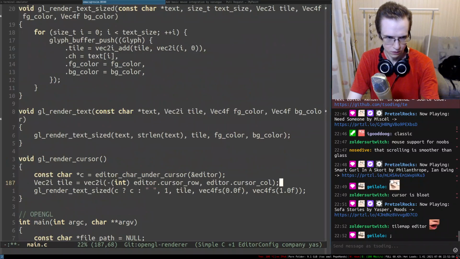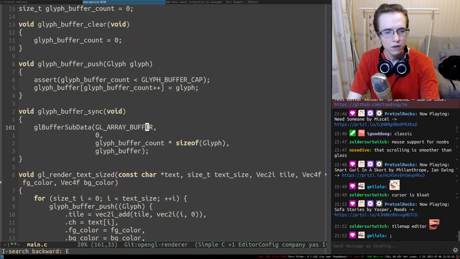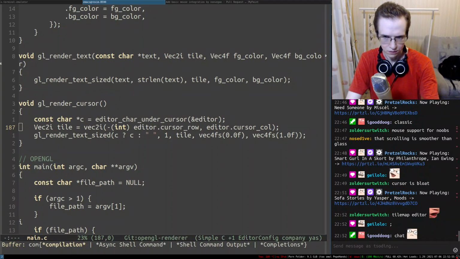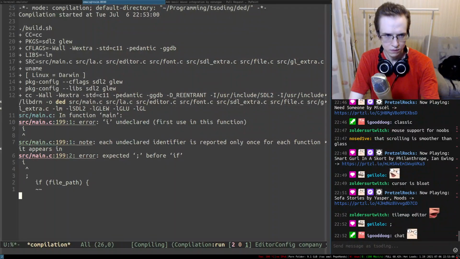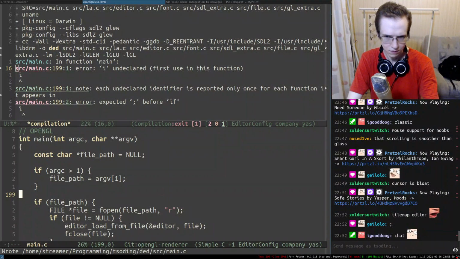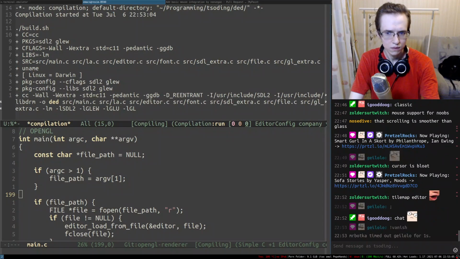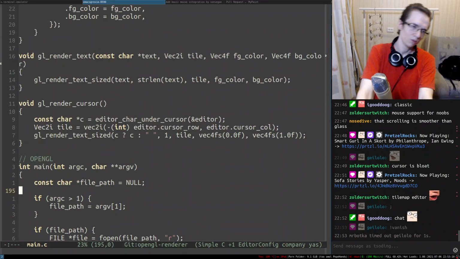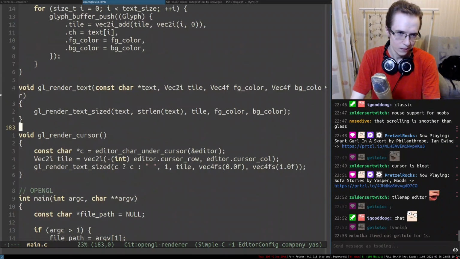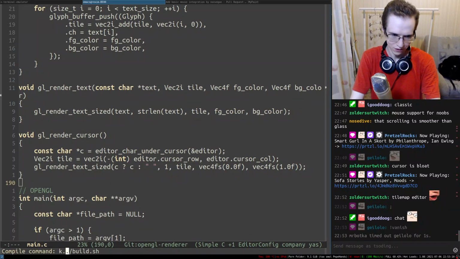Okay, so editor. Yeah, because it's not a pointer. So we have I. Alright, so everything seems to be okay. I'm a little bit scared to actually test that, but we'll see how it goes.